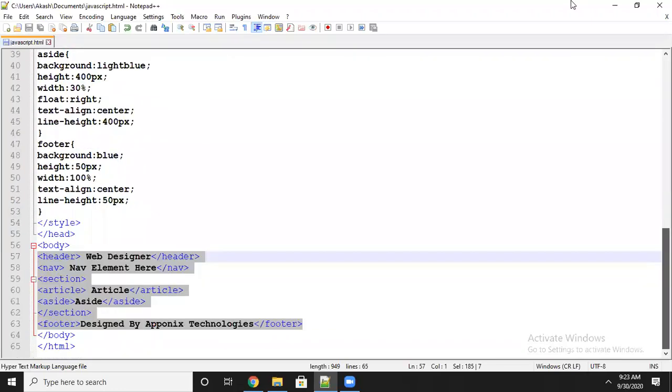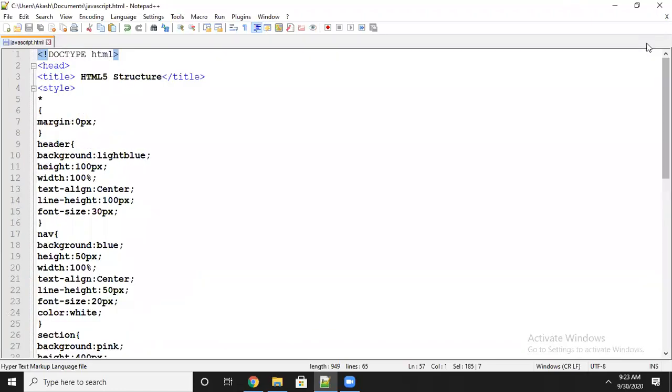Okay, in JavaScript, what happens? First, I will tell you what JavaScript is and where we will use it. JavaScript is a client-side scripting programming language used for giving dynamic effects to the HTML page. What kind of dynamic effects? Example, you can take a timer. Example, you can take a slideshow. Example, you can take date pickers.